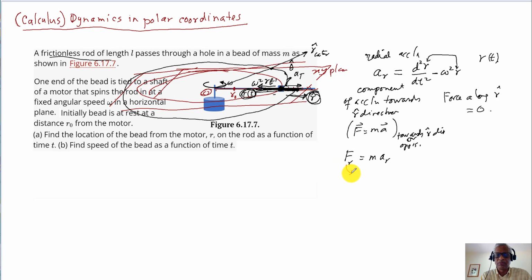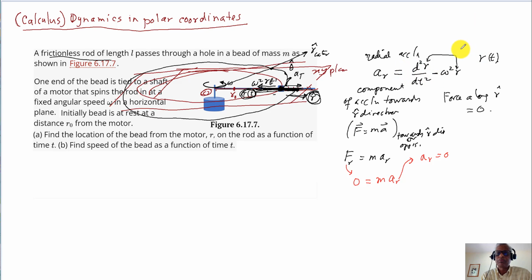So this is equal to 0, and it's just m times a_r, and m is not 0. That means a sub r is 0, and that gives me an equation here,